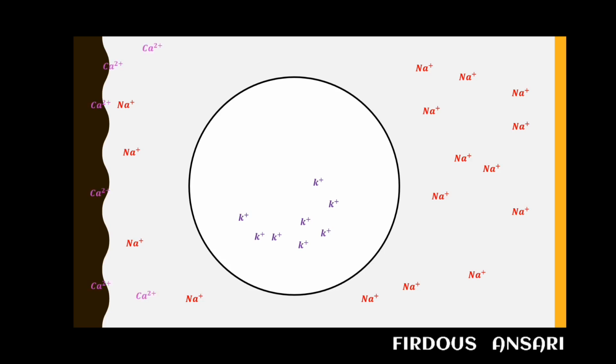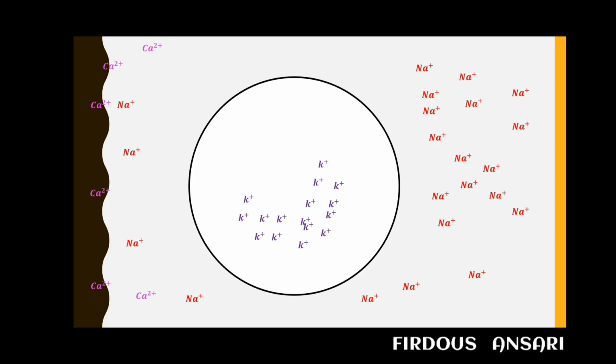Now suppose this is a piece of your neuron, and we know inside of the cell there will be a large amount of potassium ions. Cells are bags of potassium ions, and outside of the cell the extracellular cation is sodium ions, plus a few calcium ions. So extracellular cations are sodium ions and intracellular cations are potassium ions. This applies not only for neuronal cells but for each and every cell of our body.